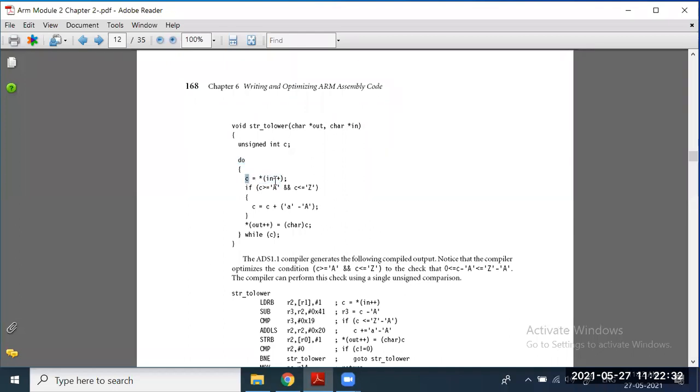That character, whether it is in this range, whether it is greater than a and less than z, what exactly happens in the background? When we write a line like, if c is greater than or equal to a and c is less than or equal to z, what gets checked in the background? How does the checking happen in the background?